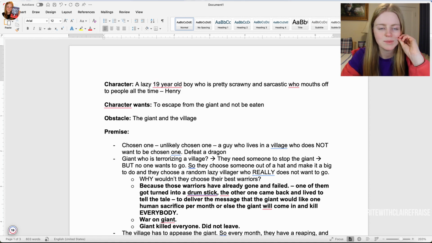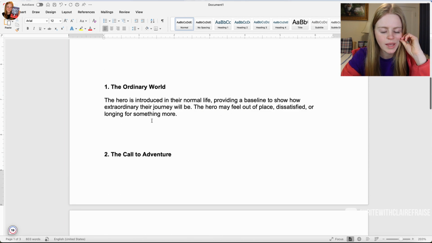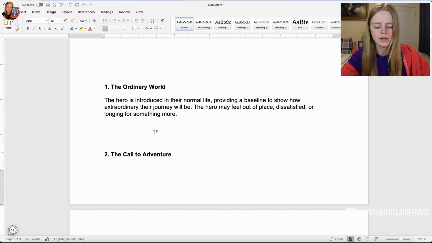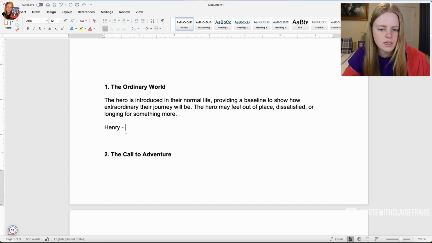Let's call him Henry. His name's Henry. So Henry is still not quite the right vibe, but it'll be a placeholder. I usually change my main character's names like 7 times. So Henry is